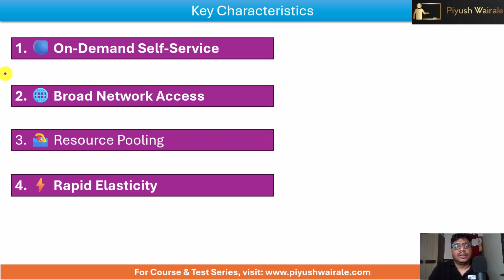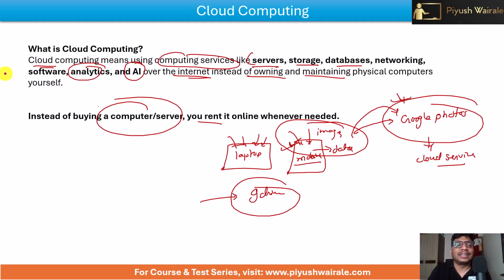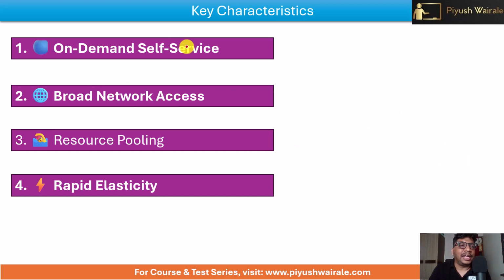Now, next topic, characteristics of cloud computing. Again important. In the exam you can expect a question like this, based on the example I have taken: cloud computing versus on-premises. You can expect a question based on this comparison of cloud computing versus on-premises. That's why I have taken this particular example. Okay. Now next, what are the key characteristics here? First,